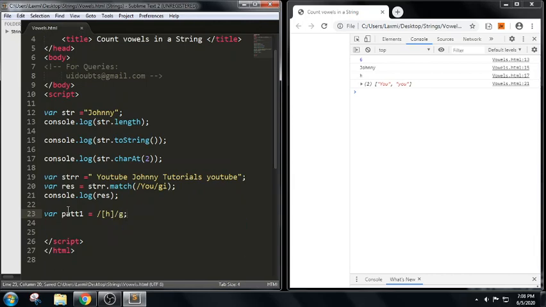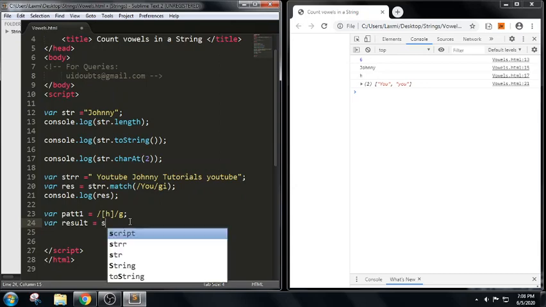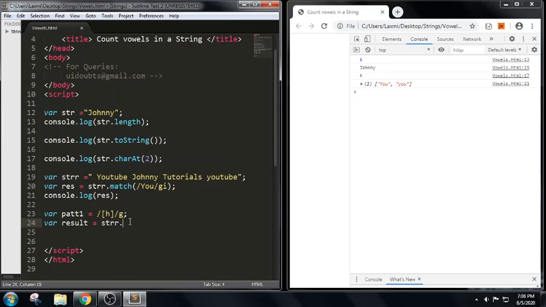It means it will match with all the letters of g here. So variable result equals to, what is the string we have here? Let me use the previous one, dot match of patt1.